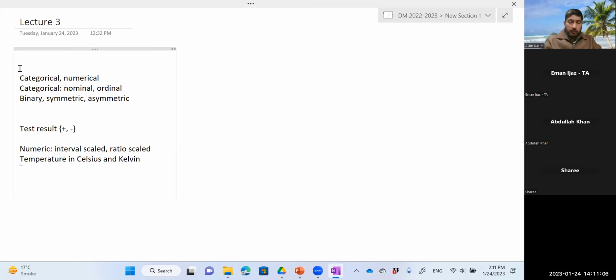So most, you can say, scientific observations are ratio scaled. They have an absolute zero. So for example, you have age, you have weight, you have mass, and so on. And many or most behavioral measurements are interval scale. So for example, rankings or something like